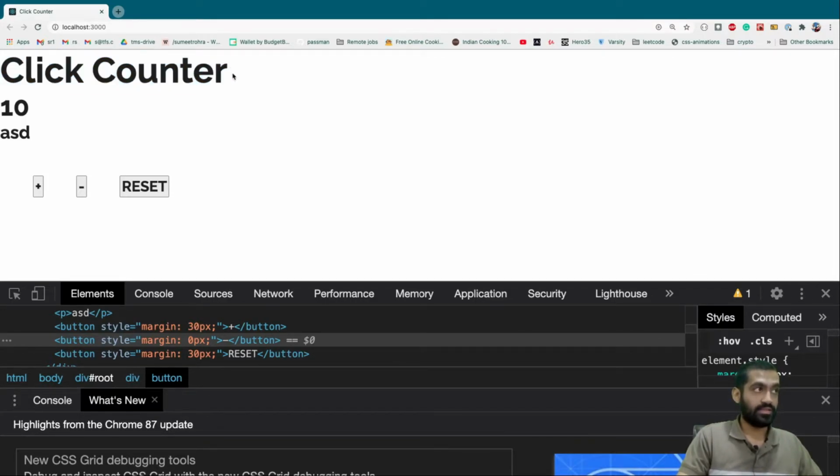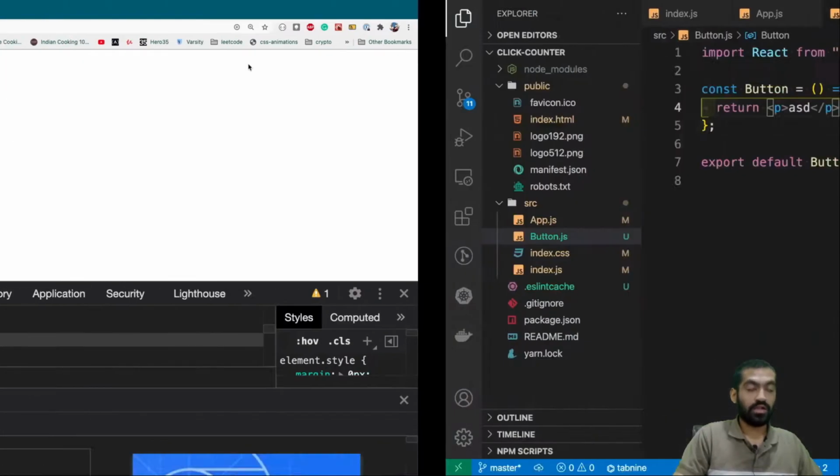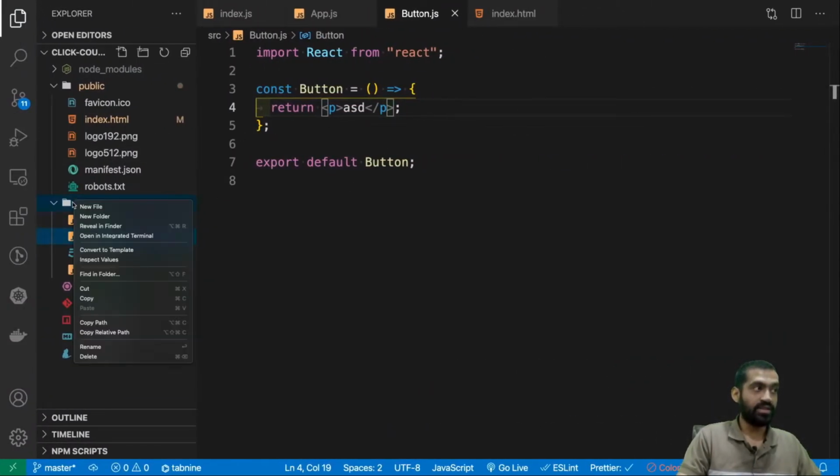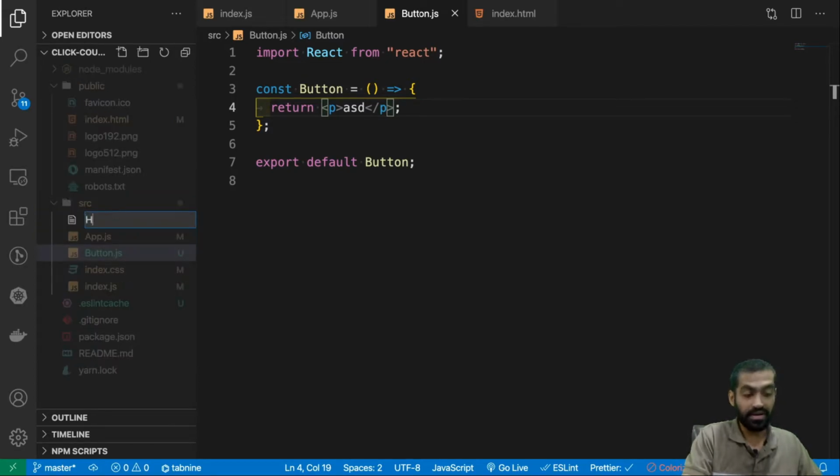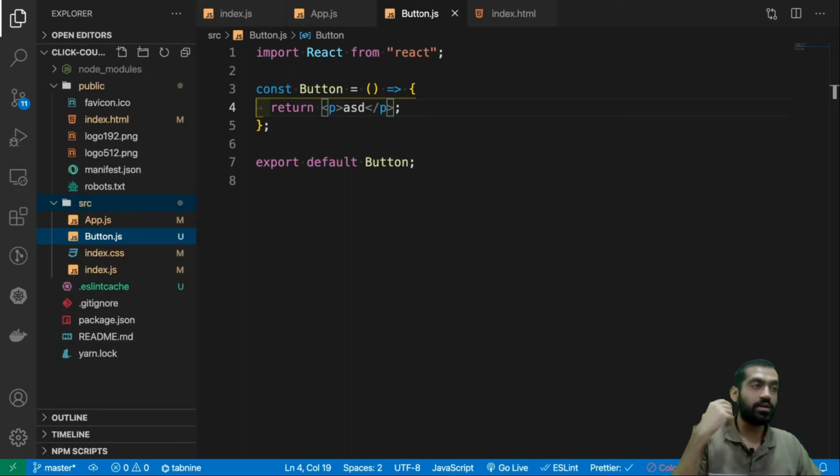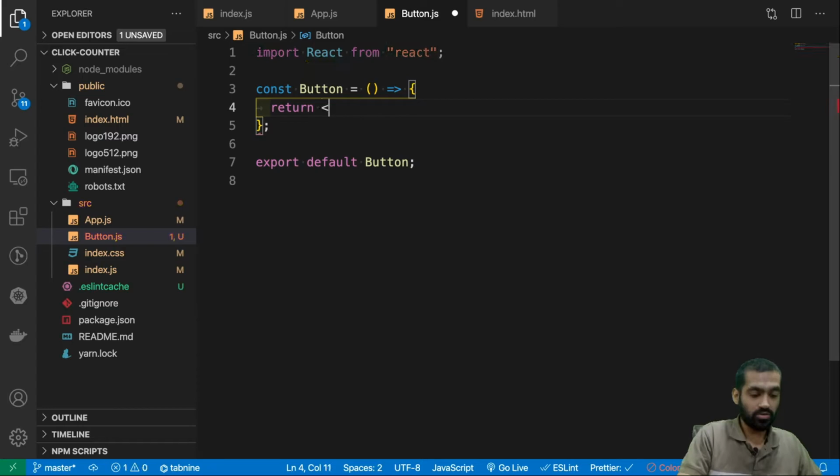If converted into a function which returns an h1, and inside that we have this click counter, that becomes a component. Basically, I can create a new file, capital H1.js, and create an h1 component as well, right? But we won't do that. I don't care about that right now. So essentially we can also do this.